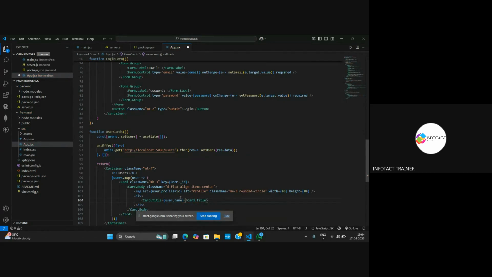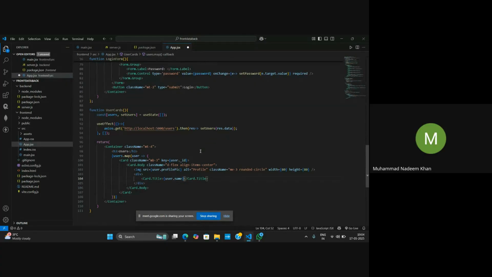Can anyone tell me why I am writing all these things inside these curly brackets? Any random guesses? JSX. No. Ma'am, it takes the data, the user's name, from the backend. See, whenever, you people might have learned JavaScript, right? Yes, ma'am. So, did you learn about objects inside JavaScript? Yes, ma'am. So, if we want a nested object,